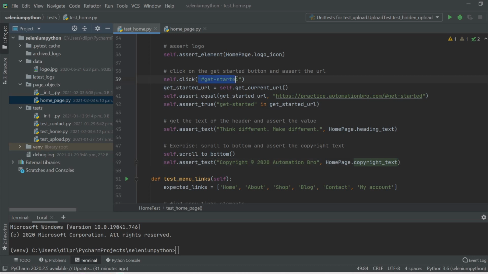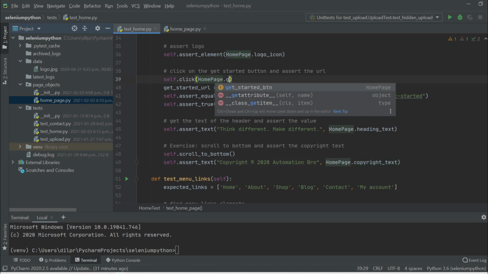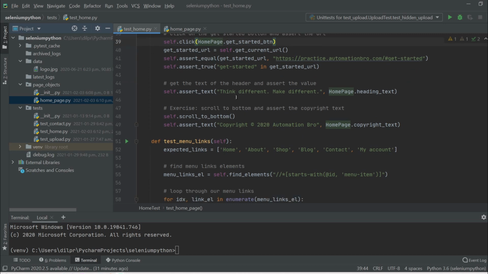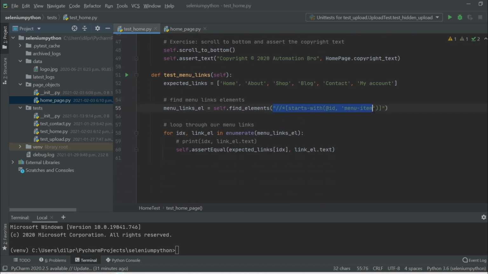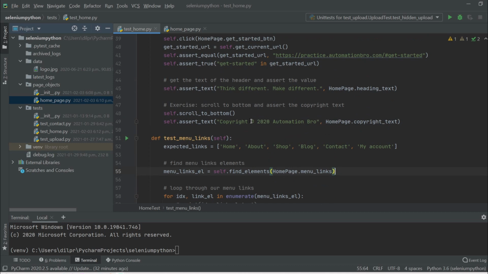Oh yeah, I missed this one. I'm going to do homepage.getStarted button and then change this as well. And then the last one right over here. So this is my homepage.menu links. Okay, so just by doing this, the advantage we have now is that we have stored all the selectors in